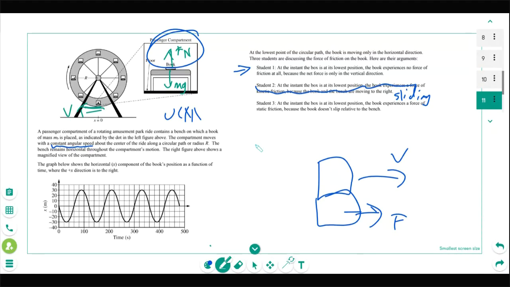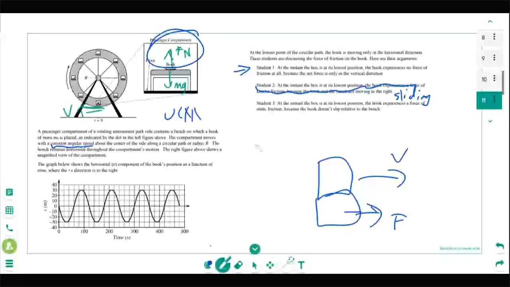The static friction would be between the book and the bench. The surface of the book and the surface of the bench are not perfectly smooth. They would have some friction in there, which would be like if I were to grab that bench and move it a little bit, and accelerate it a little bit, the block would probably still stay with it, because it has static friction holding it in place and keeping it going in there. That's where I think they're coming from, is that because the book is not flying off, there must be static friction. I think my point is you don't even need static friction in order for this thing to keep going through.